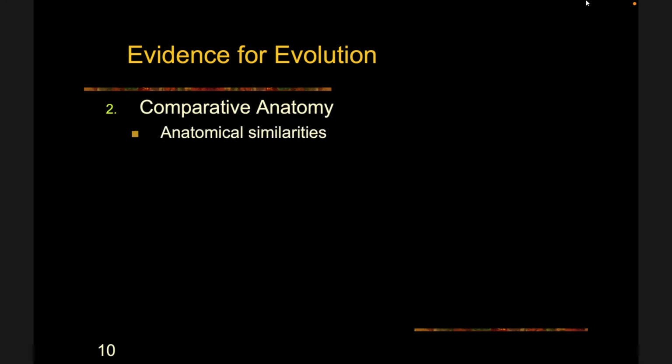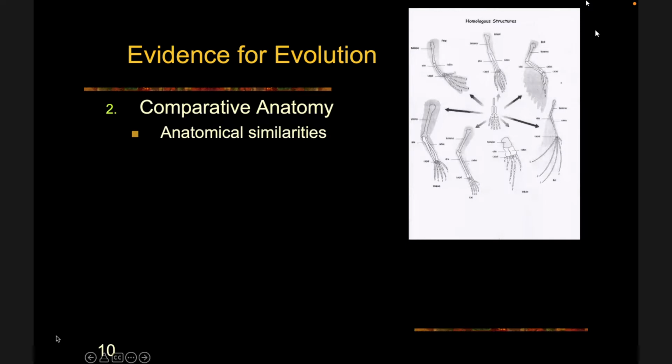We're looking at anatomical similarities in the body parts of organisms that are related to each other. They seem similar to each other, but these parts of the body have different functions. Perhaps one of the best examples here is the forelimb of land vertebrates. This is not a figure from your textbook, I got it from somewhere else, but still, when we look at various types of vertebrates, frog, lizard, bird, bat, and so forth, whale, human, cat,